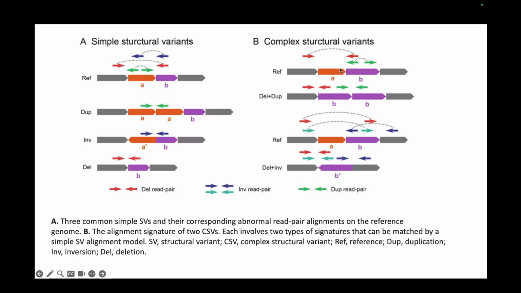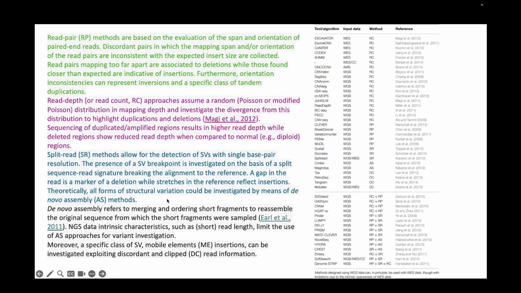So here, the A region has been deleted and the B region has been duplicated. These are what are known as complex structural variations, where more than one type of variation is occurring inside the genome, right? So yeah, these are the different